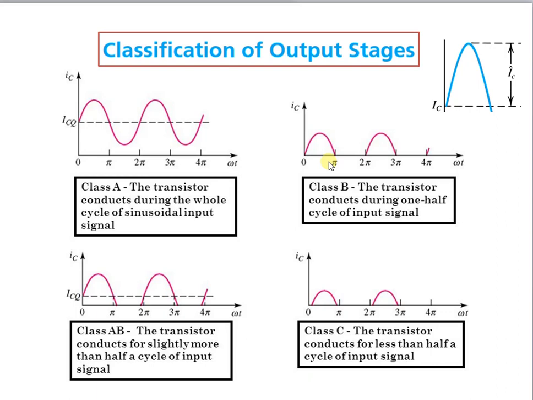Now if we make use of two class B operations, one to provide an output on the positive half cycle and another to provide operation on the negative output half cycle, then the combined half cycles can provide an output of full 360 degrees. This type of combination is usually called the push-pull configuration, which we will see when we deal in detail with the class B amplifiers.